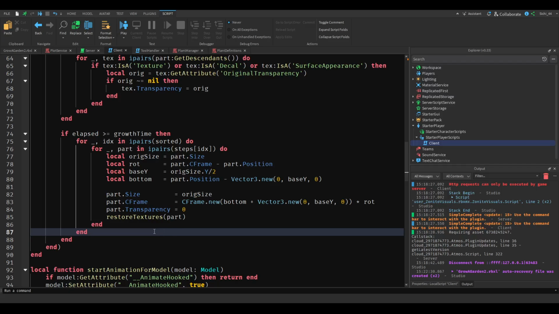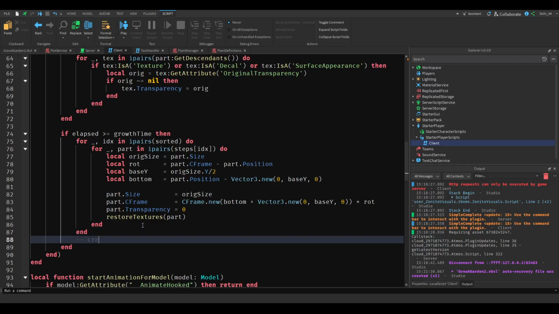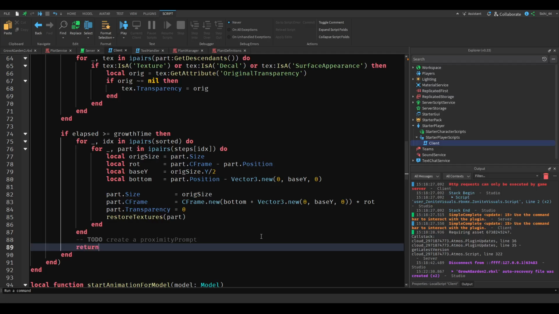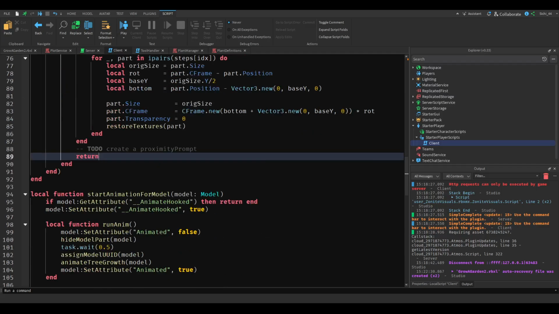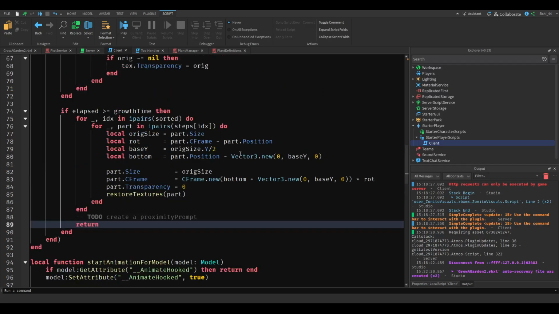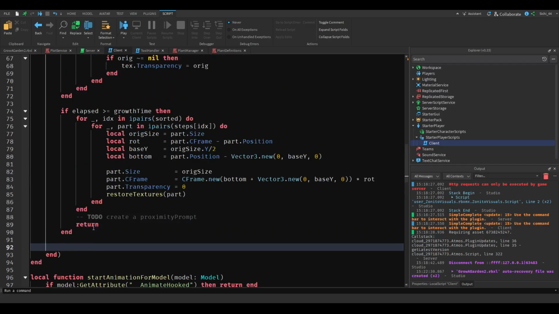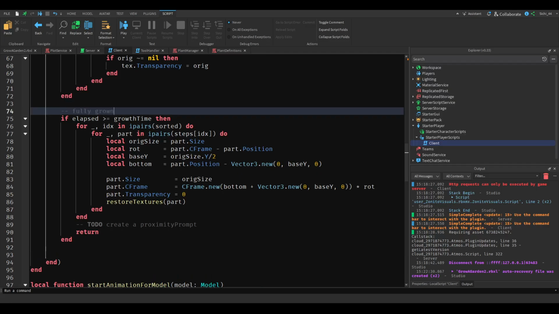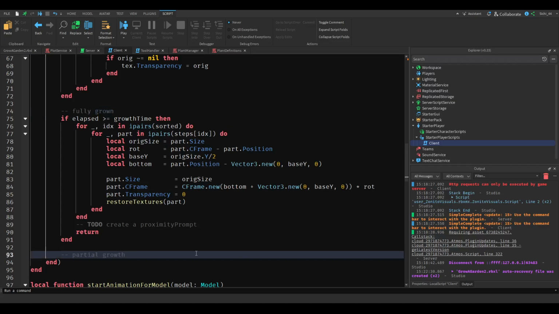And then we also will want to create a proximity prompt, but this is going to be a to do. And lastly, we want to return. Then we want to have the partial growth. So this is going to be the fully grown. And then we want to have the partial growth. So if something is partially grown,